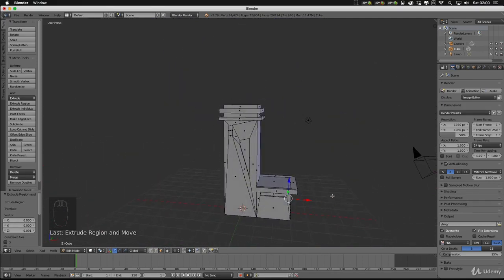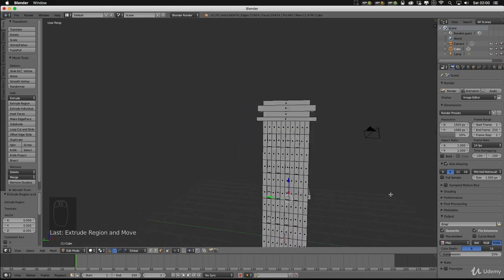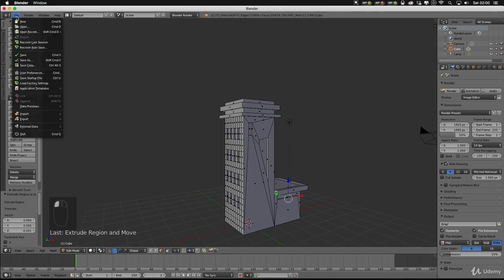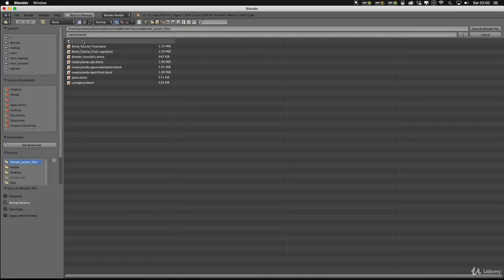So you can make as many buildings as you want using the same process. So I'm just going to go ahead and save this file, so file, save as, and let's just say this is low poly landscape, and I've already got one called low poly landscape, so I'm just going to put this in as Udemy, and then I'm going to save that.